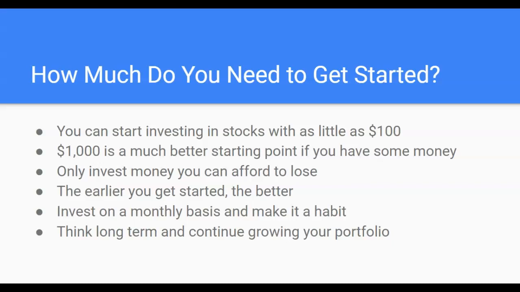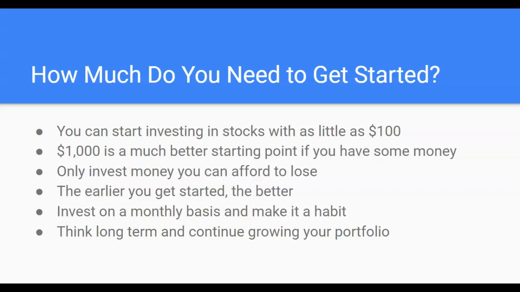So figure out a month amount that you want to invest and stick to it. And then the last thing I'll say is think long term and continue growing your portfolio. So, investing is a marathon, not a sprint. If you're looking to get something quick, you need to think about lottery tickets or something like that because the